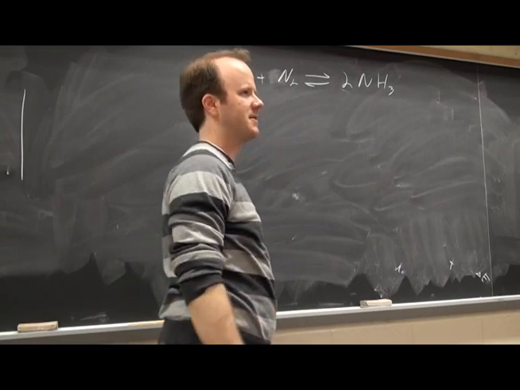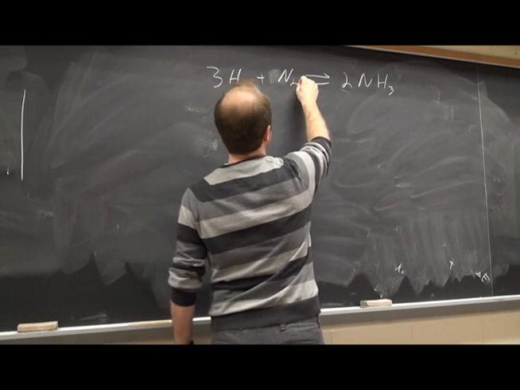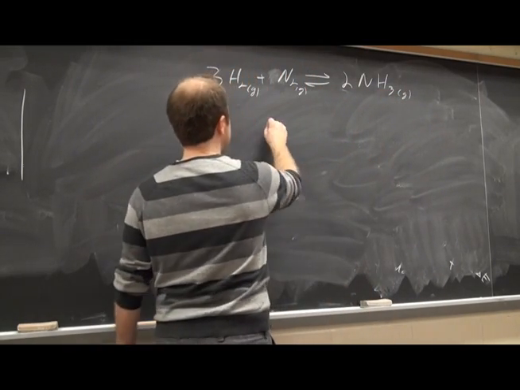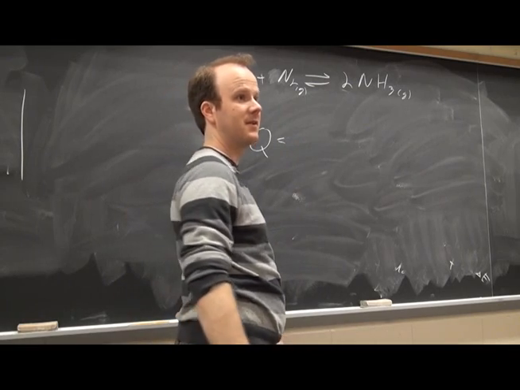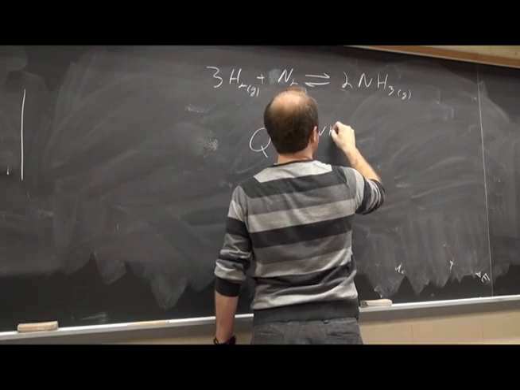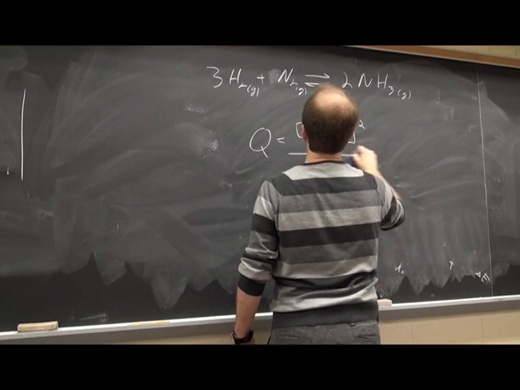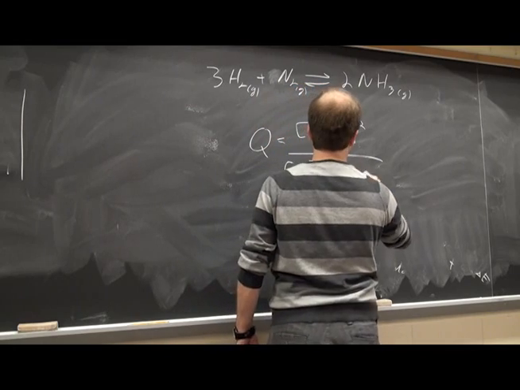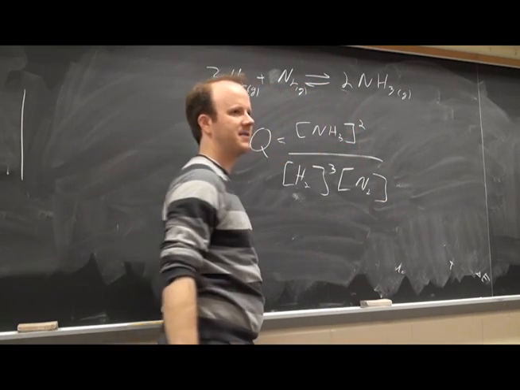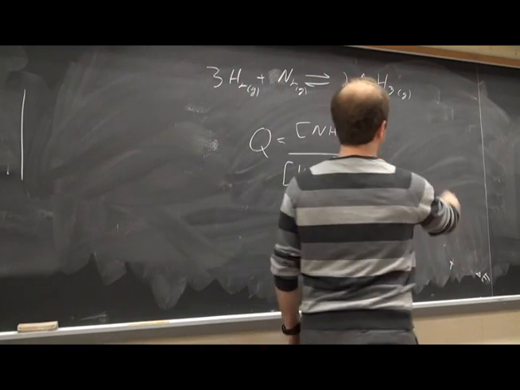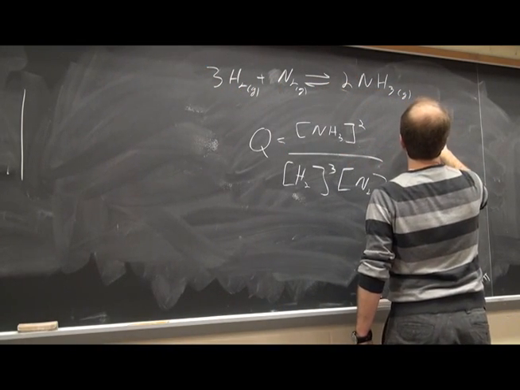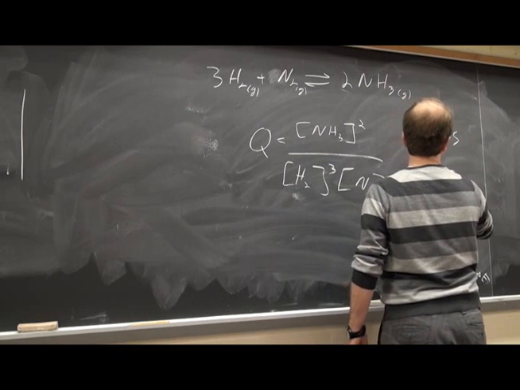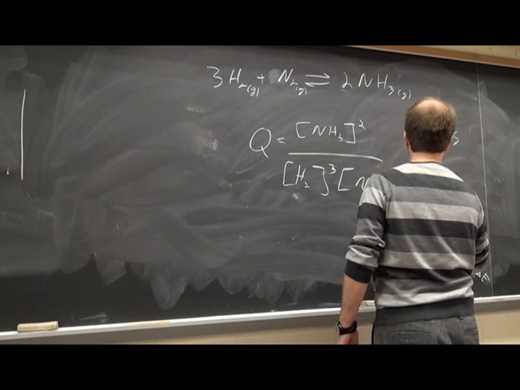Is this thing balanced? Yes, I think so. They're all gases. What's the reaction quotient for this? Concentration of ammonia gas squared over concentration of hydrogen cubed times concentration of nitrogen. Great. Okay. So if my pressure P of NH3 is 0.5, P of H2 is 0.1, P of N2,